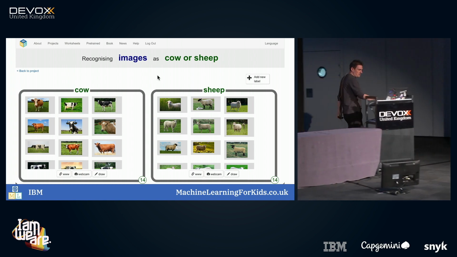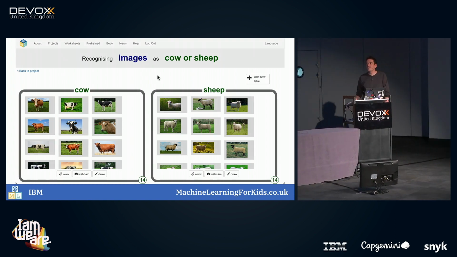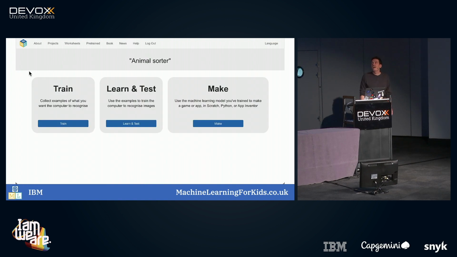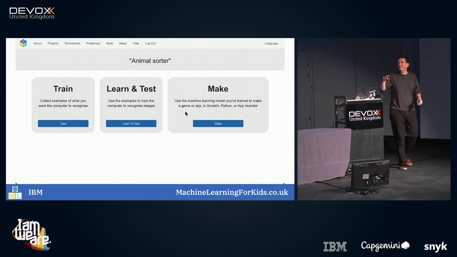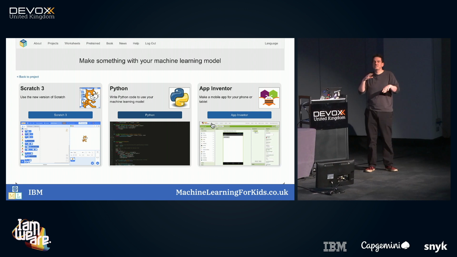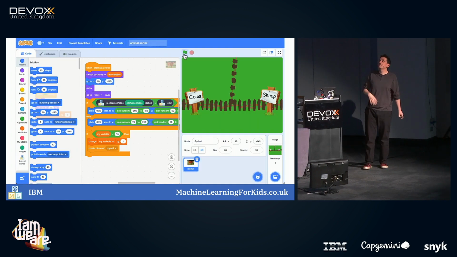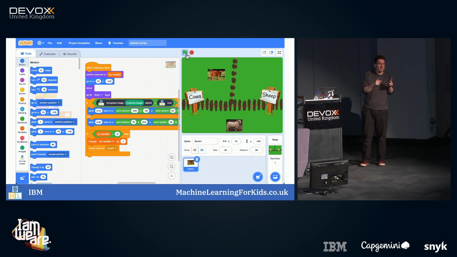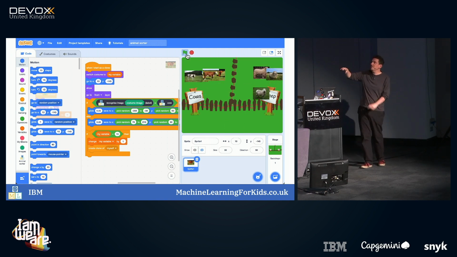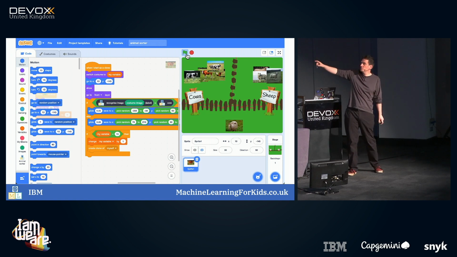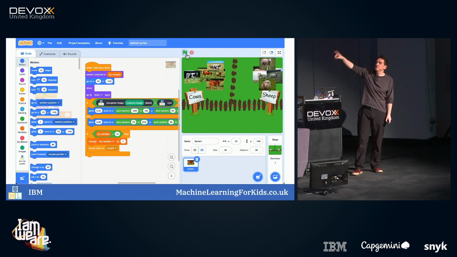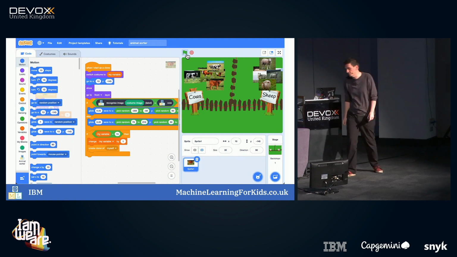What we've got here is a load of images of 2 types of animal. Get the kids to pick anything they want. And then for this project, we were making a farm where we wanted to make an AI sheepdog that would get the animals into the right pen. And this was just a single lesson, so we kept it really nice and simple. Lots of photos of animals that the thing hasn't seen before, and they get put into the right place based on the model, what it's recognized.